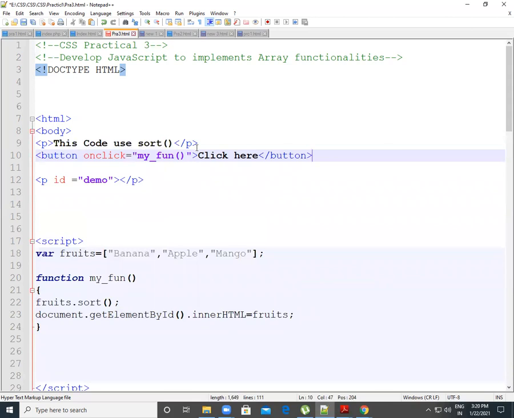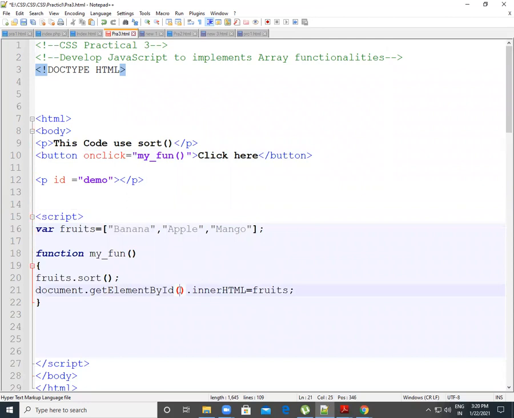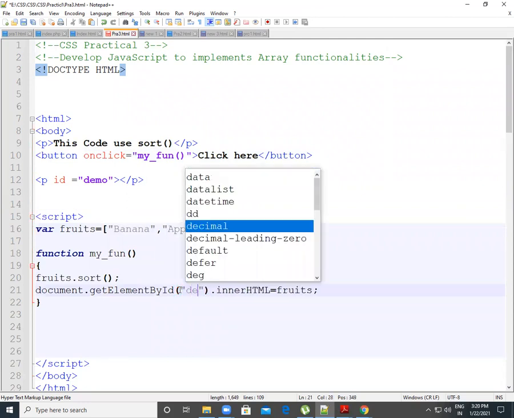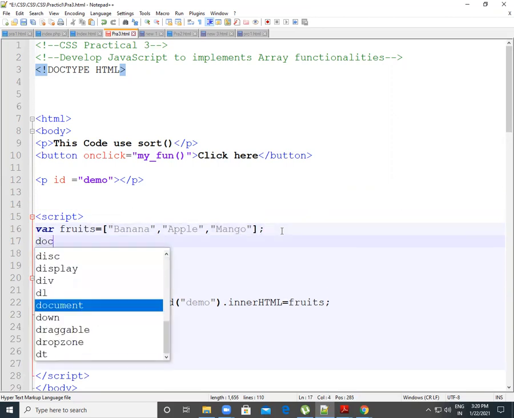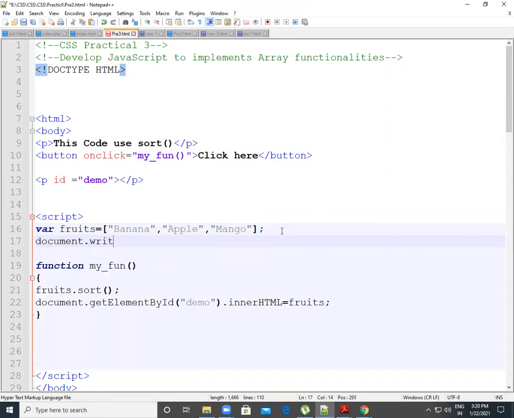Now I have given my button name. I wrote the ID name here, but where do I put that ID name, because I already mentioned this ID. So you can see here, this is my get element. Here I put that ID name. What is my ID name? Demo. So in this way, we can get the values. Now I want to declare my values. For that, you just write your document.write method, and in that method you will declare other functions.